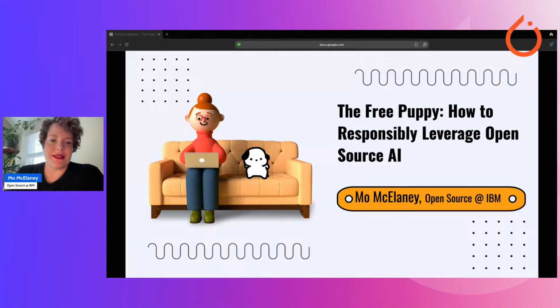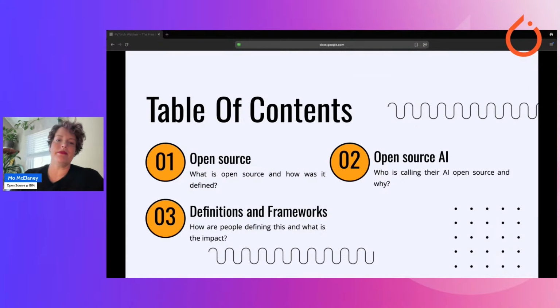So let's talk a bit about the structures in place to help with determining what makes an open source project a strong candidate for usage, and what frameworks are out there to help you with responsibly leveraging open source AI, because this is a very lively and active space that is currently still being defined in real time.